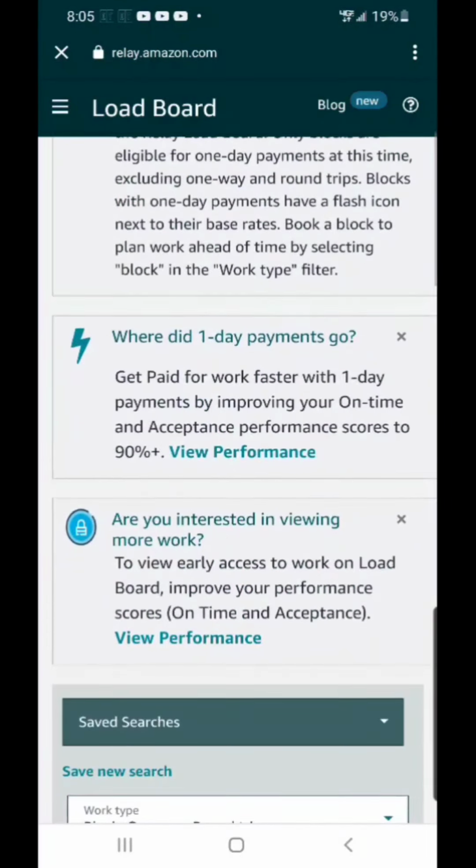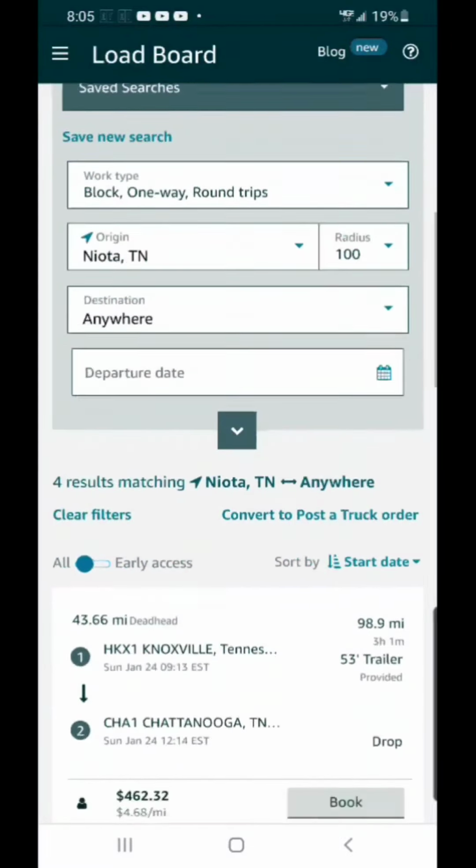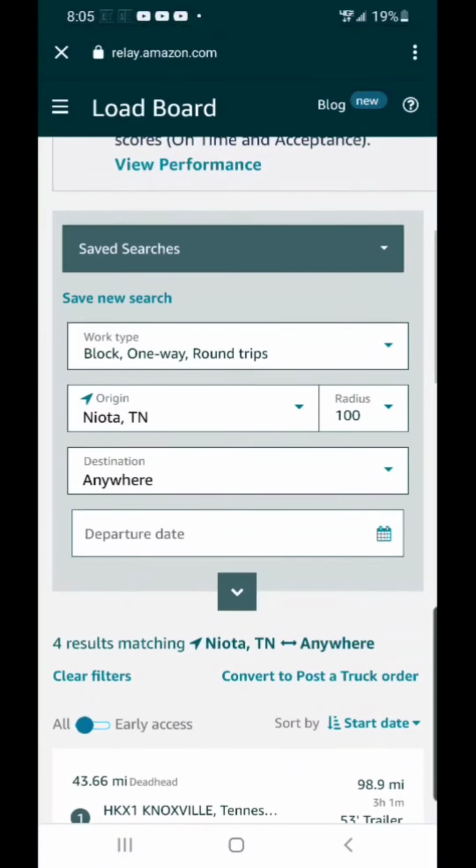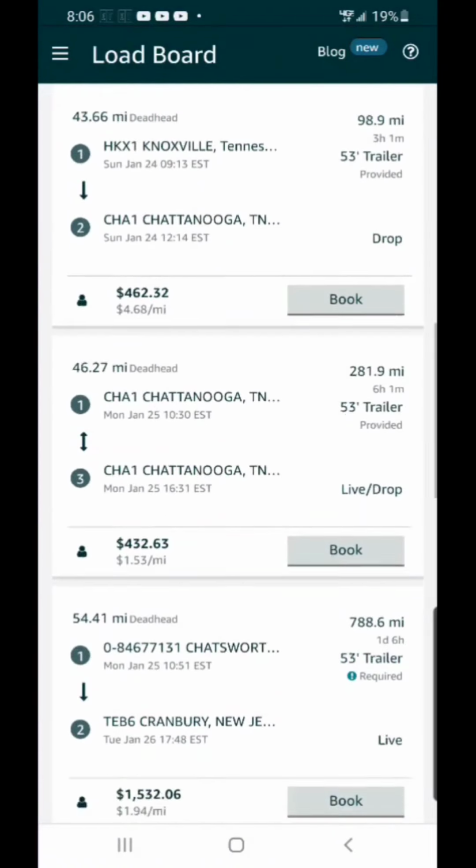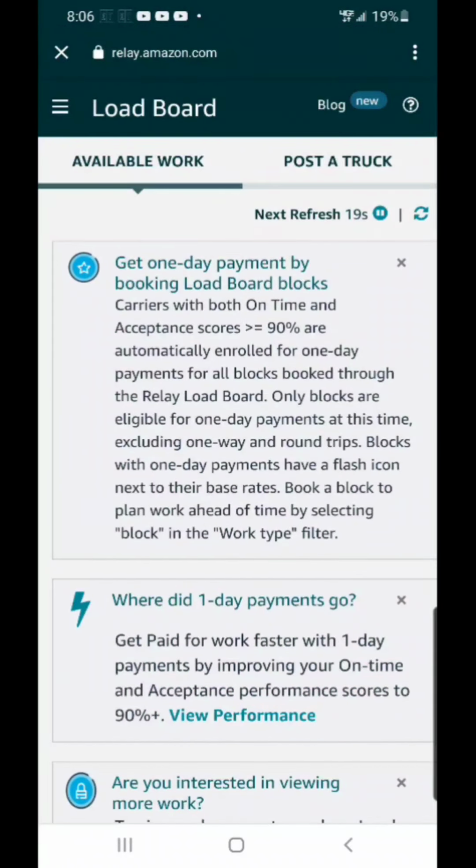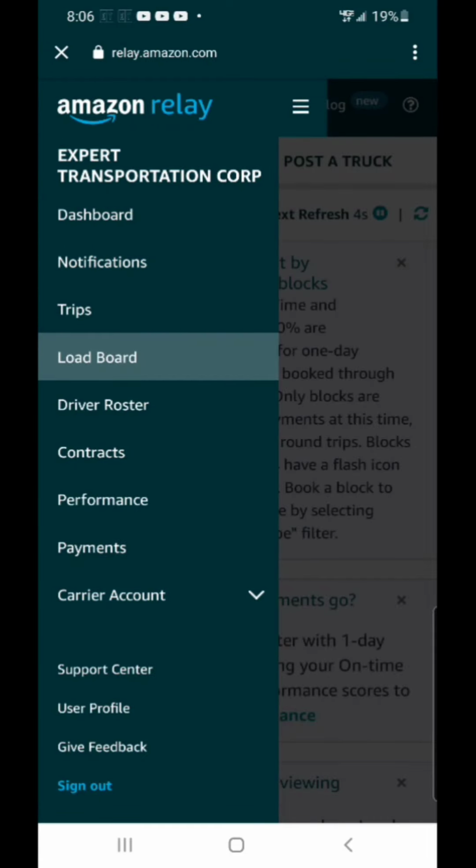This is typical, right? It's going to show where you are and what's available there. I'm in Tennessee at the moment. I got a load dropping tomorrow, not an Amazon load, but I'm sitting here at a truck stop doing my reset. Anyway, so what I'm going to do now is I'm on the load board, but there's a separate sub-menu that's just for the load board. So now I'm going to click on the menu, and this is where you will find the contracts, not on the main one up at the front. So if you click on contracts,